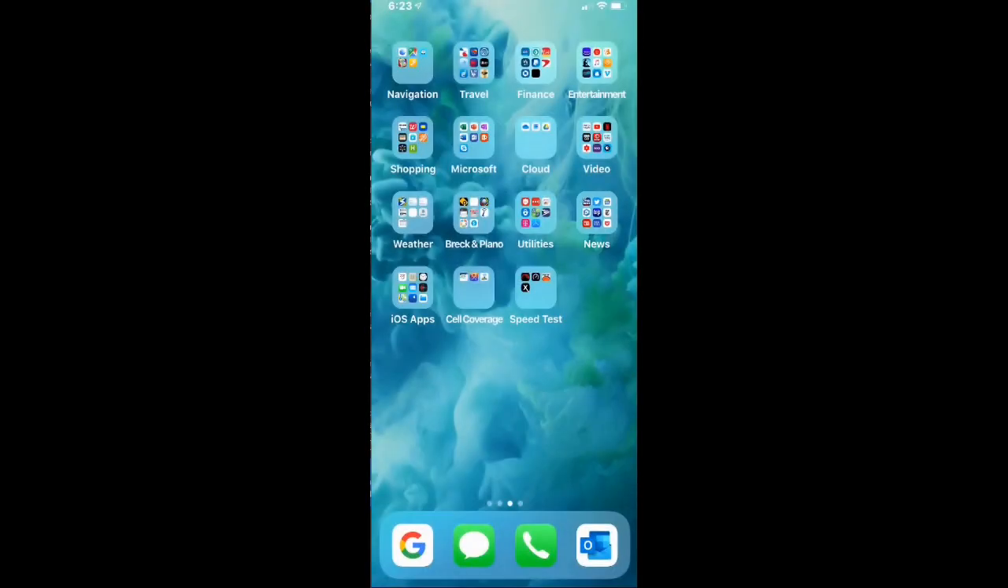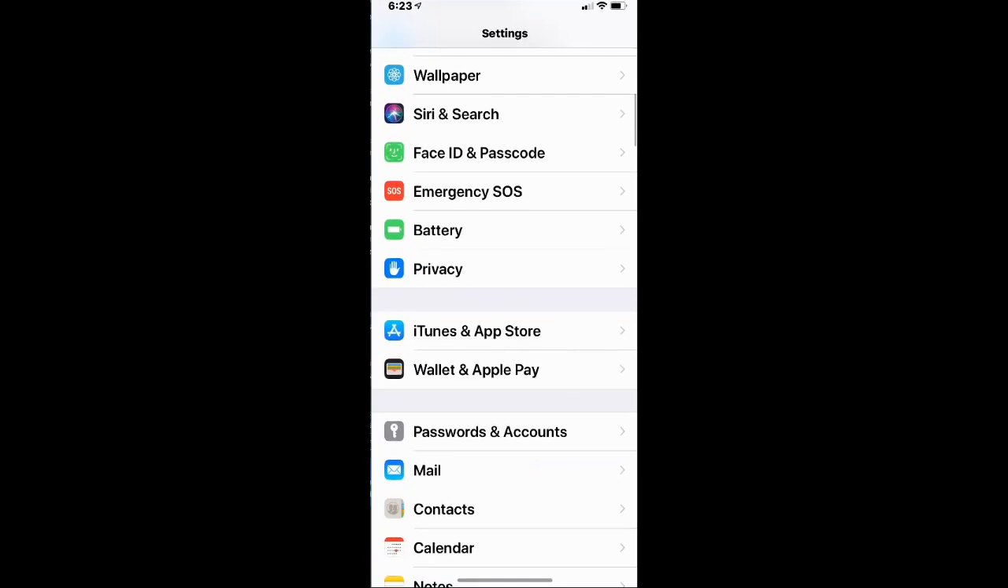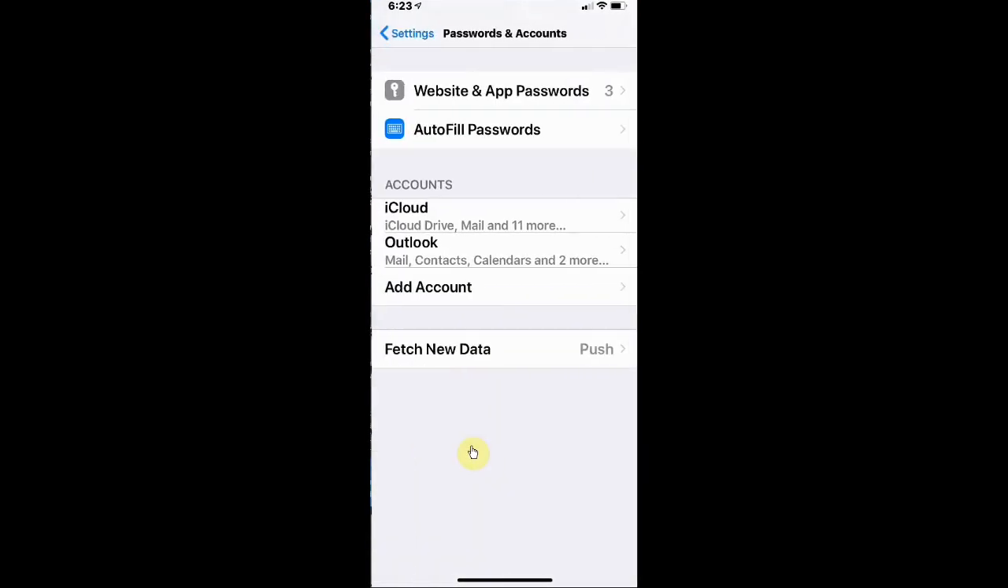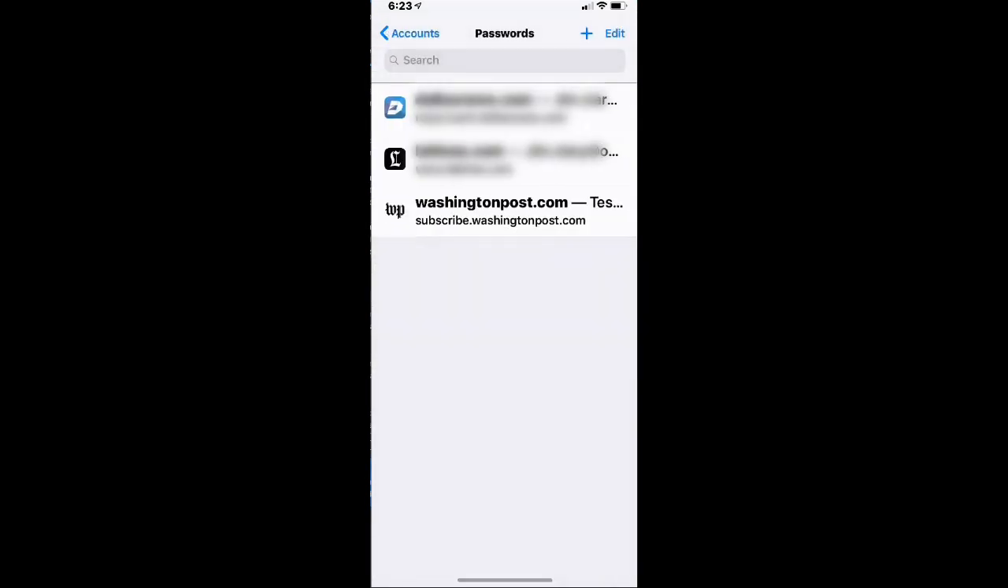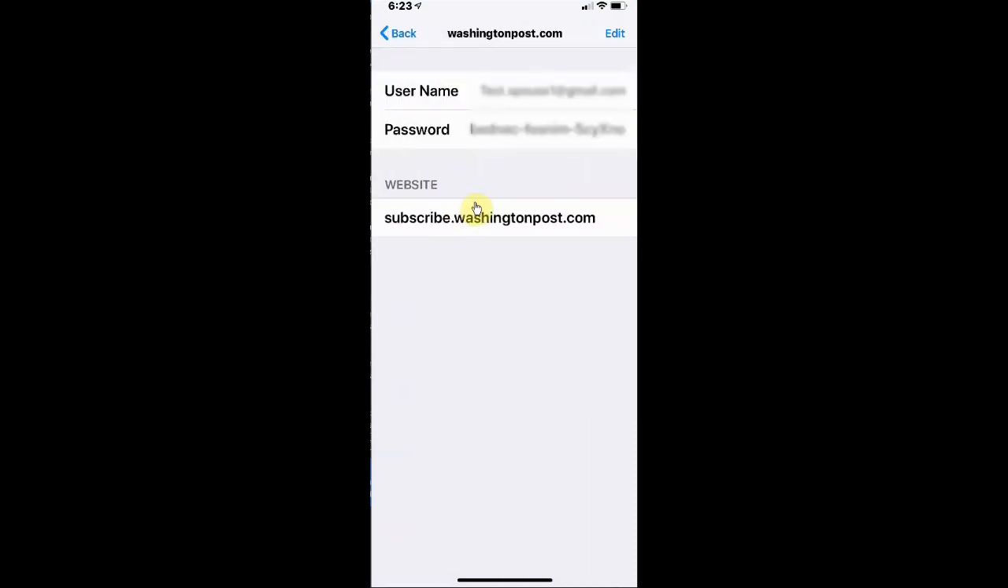So we go back up to the home screen, right, and we go to get to Keychain. Remember, you go to settings, you go down here to password and accounts. Password and accounts. Now we got 3 of them stored. So we see what we've got. Now you can see it's got the Washington Post here down at the bottom. So we want to select that. And you can see it's got your username